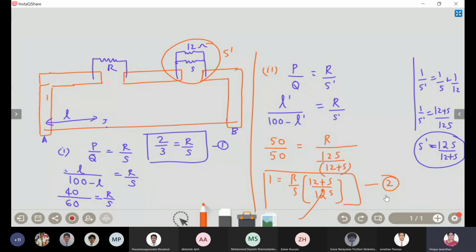Till meter bridge, I'll complete for this chapter. Might be two or three days, whatever is left for PT1, let me complete, and then I'll proceed with potentiometer. That's the only topic that is left in this chapter to get completed. So on Sunday and Monday, I'll be able to complete all your PT1 portions. Thereafter, I'll continue with potentiometer.